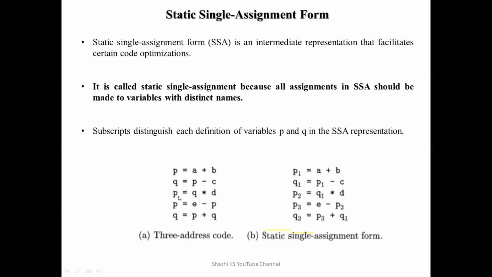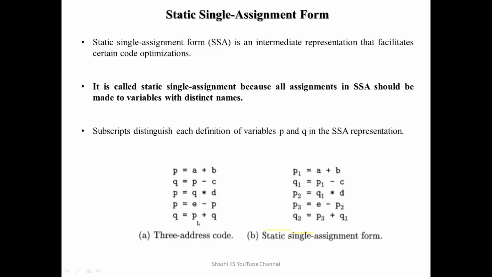Next we have P again in the left hand side. So now that is being changed to P2. And here we have used Q here. Since we have changed it to Q1, we use the same Q1 here. And then here in the fourth statement, we have E minus P. Okay, so the previous value of P has to be used in the fourth line. Now the previous value of P has been changed as P2. So here also we write E minus P2, and it is now assigned to P3 because already we have used P1 and P2. So now we are defining a new variable called P3.